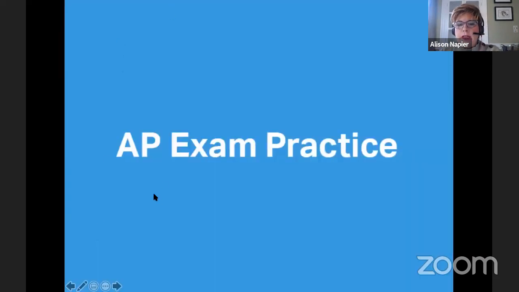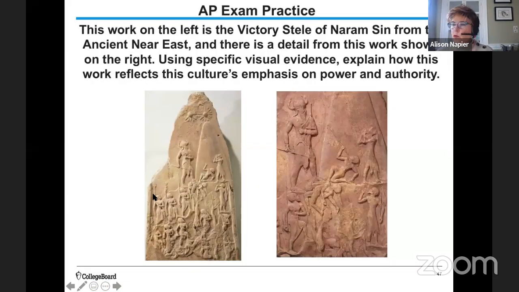Before I leave you today, I have a little question for you myself. And this is a work from Mesopotamia that is not in the image set. This is the Victory Stele of Naram-Sin. And based on what we've talked about today, some of the things used for power and authority and religion as the big themes, I want you to take a look at this work. It's made out of stone. And you see